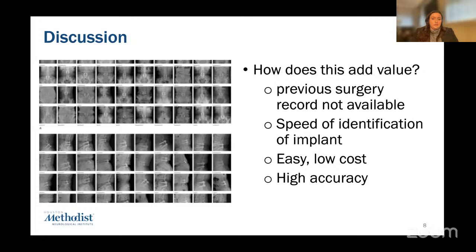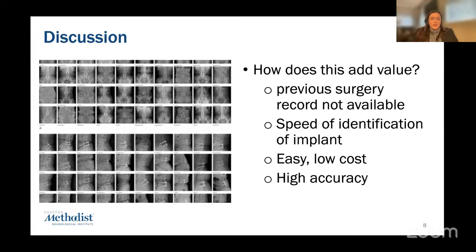And then I just want to go into a little bit of discussion. So in this study, they showed, okay, I have a data set of 1,400 different radiographs, and they did almost 97% accuracy at identifying right off the bat what that screw was. So I think that's useful. A lot of the time we do surgery and the patient's either not in Epic or you have a different EMR, and the patient doesn't know what company their screws are. They don't know when their surgery was. And then you're stuck having to do some sort of revision disaster.